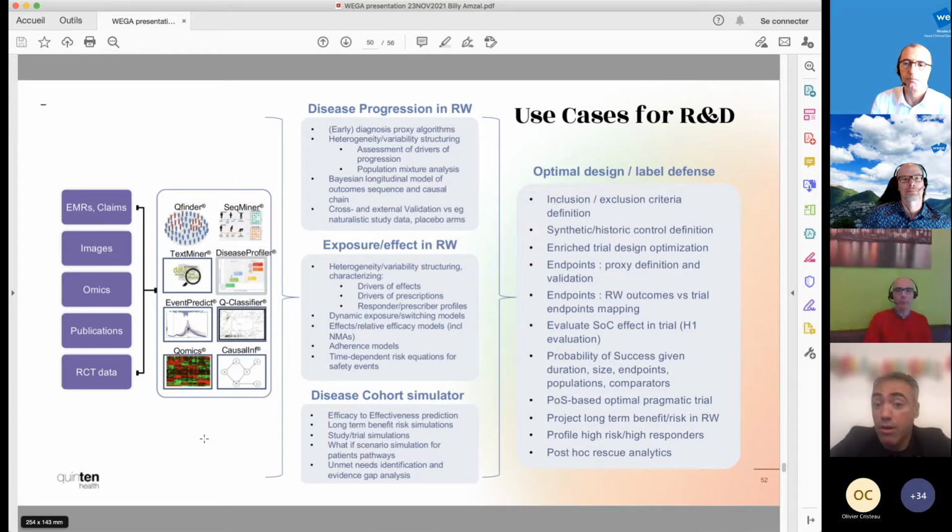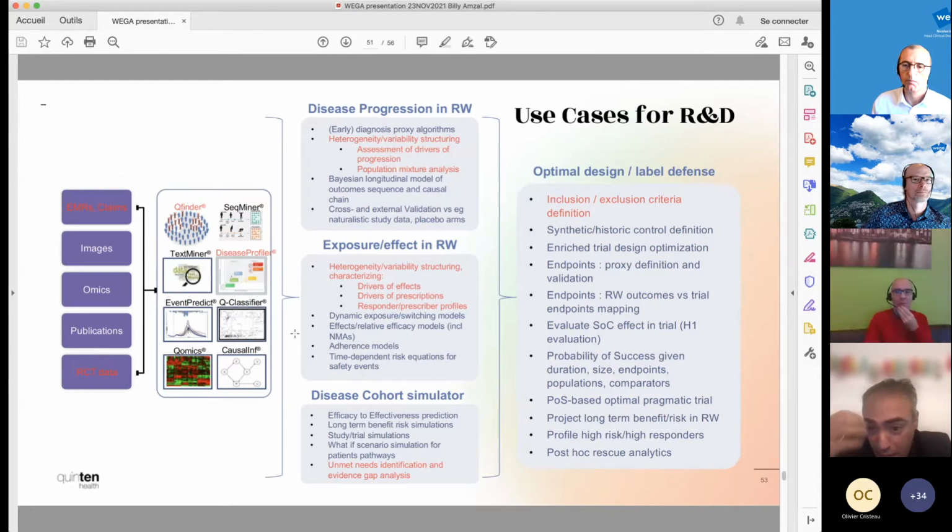a platform for all the questions that you may think of when you are designing a trial or defending an indication with a regulator, with the EMA. So, for example, if you want to optimize criteria for inclusion, via trial enrichment, as I was illustrating, you would involve different parts of this platform for heterogeneity assessment using machine learning,